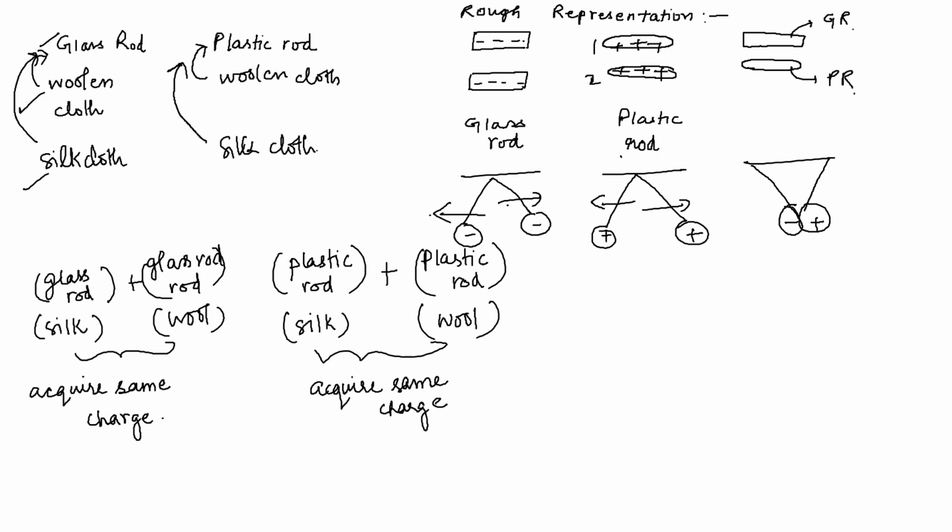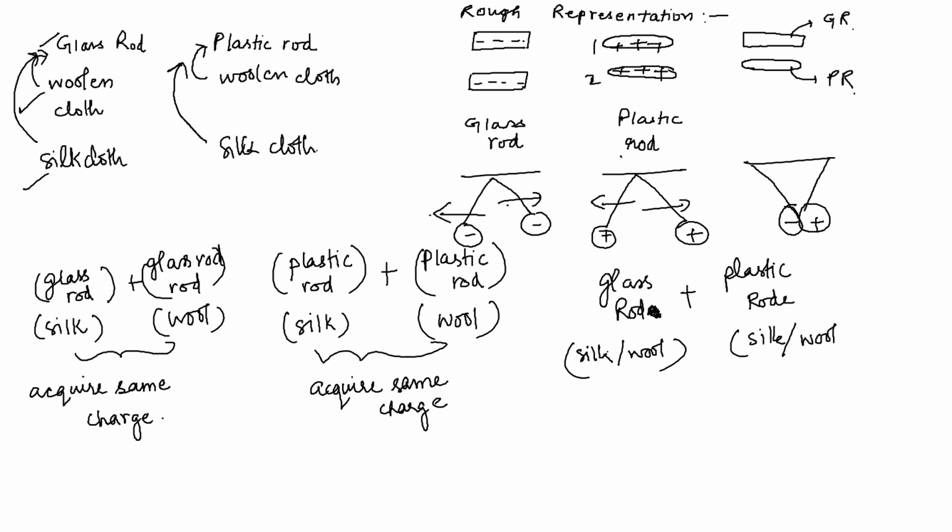But a glass rod, this is the third case, a glass rod which is rubbed either by silk or wool is brought near to a plastic rod which is rubbed by silk or wool, they acquire different charge,